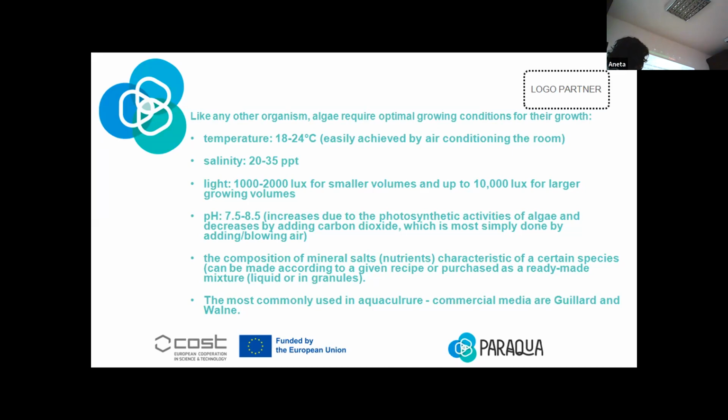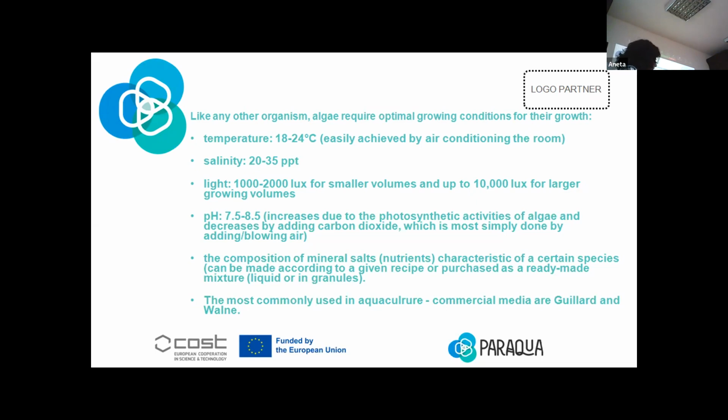Why is this light necessary? Because the design of the system should be such as to keep algae in suspension, and to make sure all of the algae in the cultured volume come in contact with light and get adequate quantities of it for their growth, and this is specifically connected to the design.